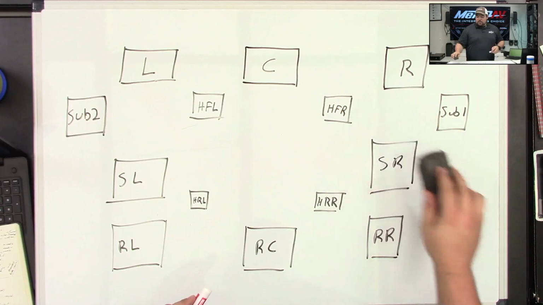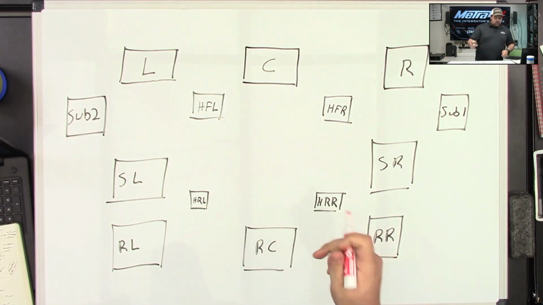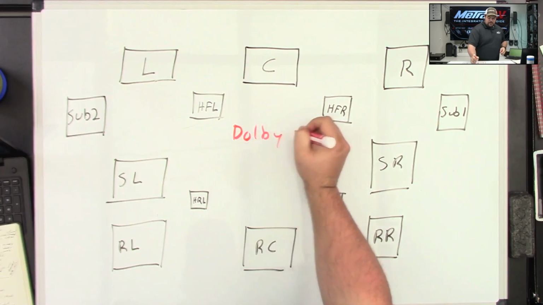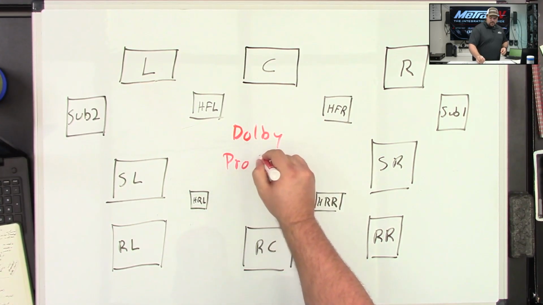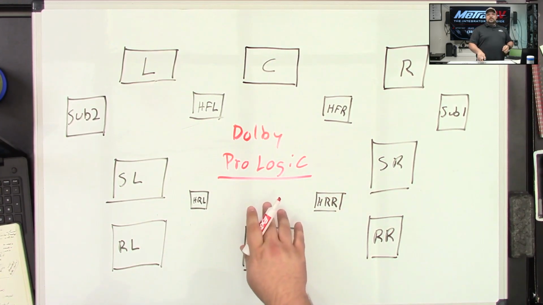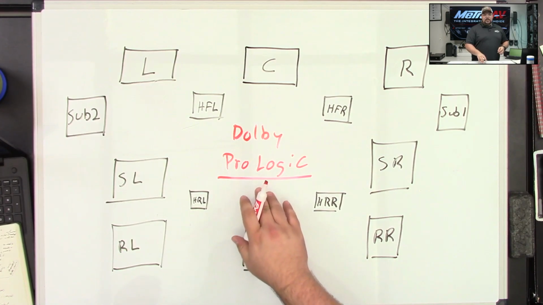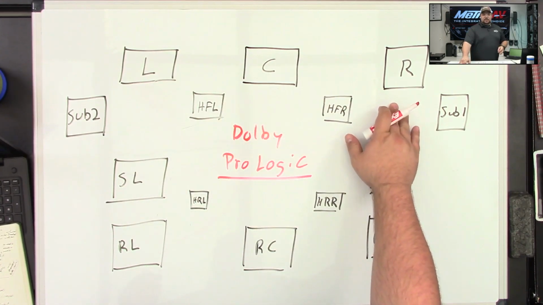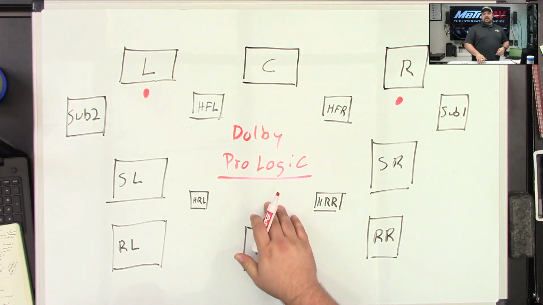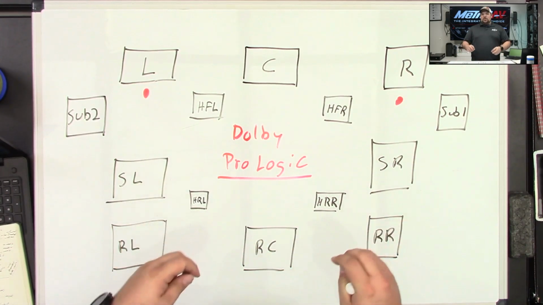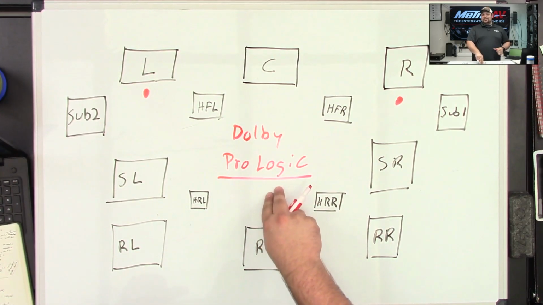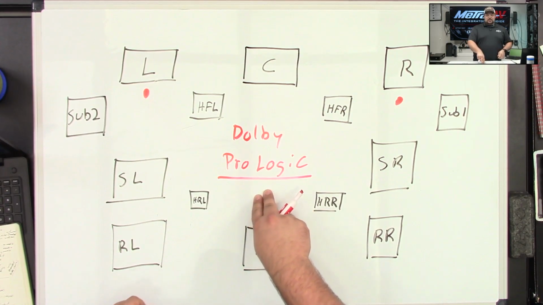So the special thing about Pro Logic is this. Pro Logic is really just the technology of how we get a stereo signal, so a left and right channel signal, so there's our left and there's our right, and how do we turn that into a pseudo surround sound audio? And so what it does is it almost does like a PCM, where it modulates the signal down